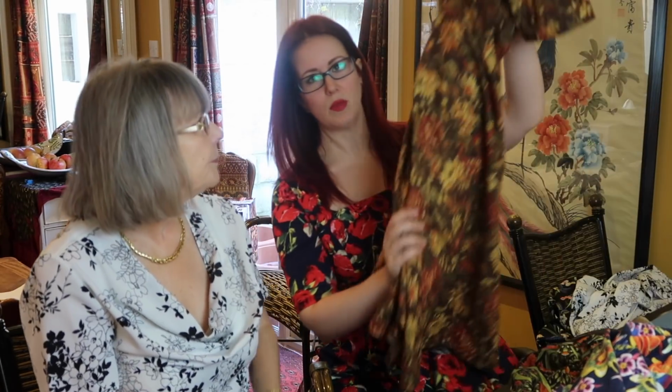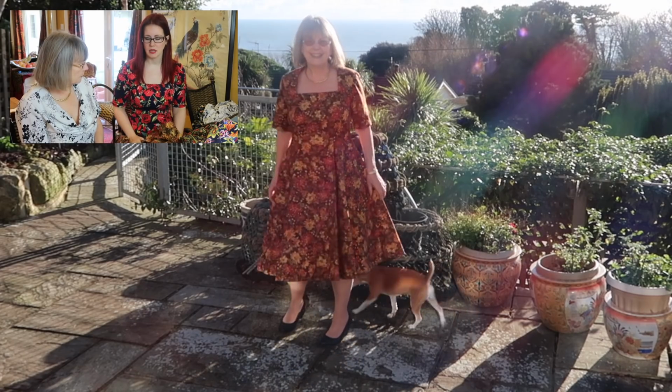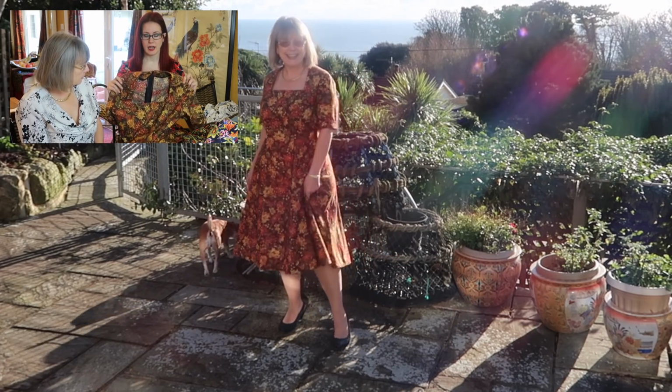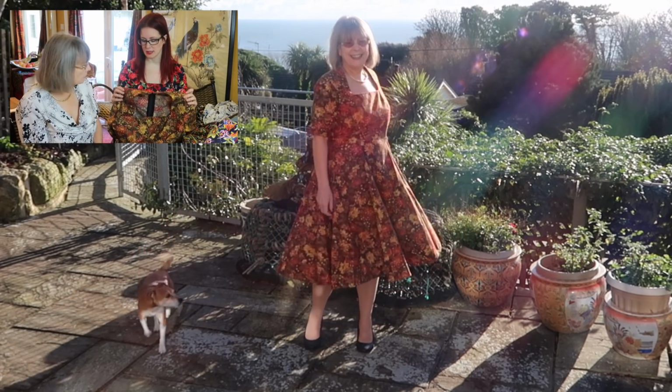What was the next one you made? I think it was this one, wasn't it? Oh yes, that's right, it was that one. So we bought this fabric. This is a quilting cotton by Moda. I bought some of the colourway, and then you saw this one, really liked this one,